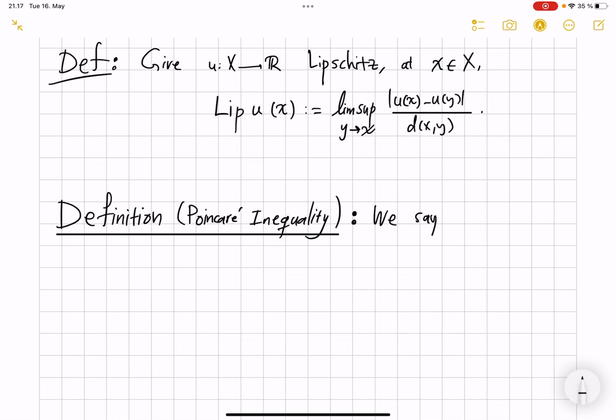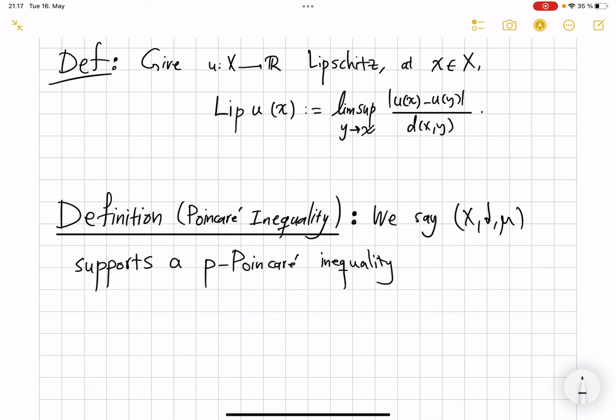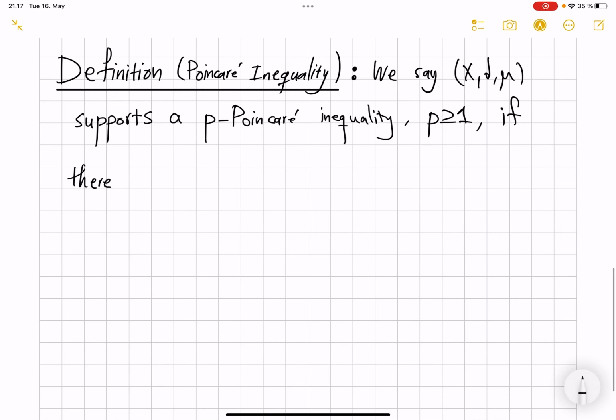So we say this metric measure space (X, d, mu) supports, sometimes we may say it has, or it admits, many synonyms, but the whole idea is that we say it satisfies a p-Poincare inequality for some p bigger than or equal to 1 if there exists a constant C and a constant lambda bigger than or equal to 1 such that